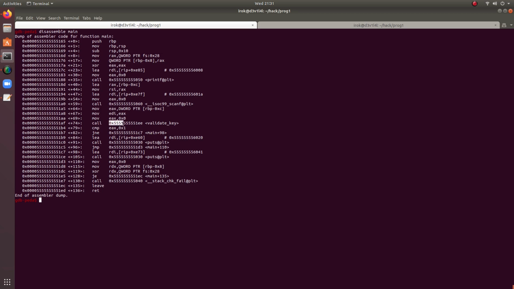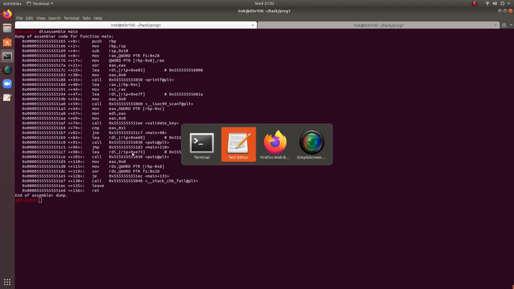instead of giving it this address, I will give it this address. So instead of going to the validate key function, it will go to this and print our desired output. This can be a possibility. So in actual, real world or